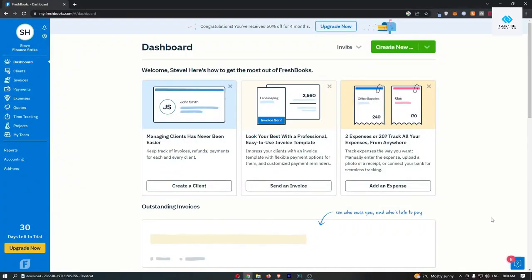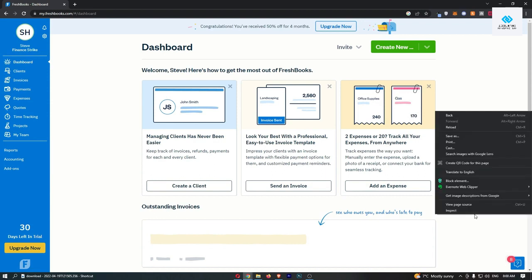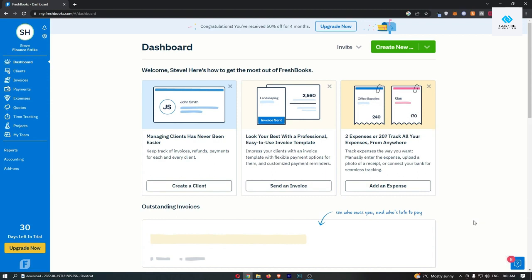How to connect your bank account to FreshBooks. Now, this video is going to be a complete step-by-step tutorial. So if you follow along, by the end of this video, you will be able to add your bank account to FreshBooks. Okay, so to do this, you first of all want to load up FreshBooks right here and sign